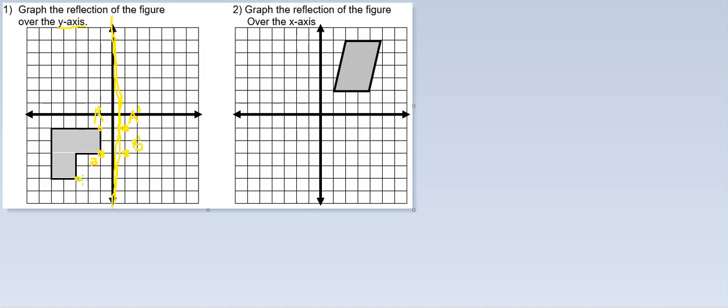Here I have a point, and that is point, we'll say point C, and that is 1, 2, 3 away. So 1, 2, 3 away. And that would be C prime. Here I have another point, which is D, and I can see that's 1, 2, 3, 4, 5 away. And that would be